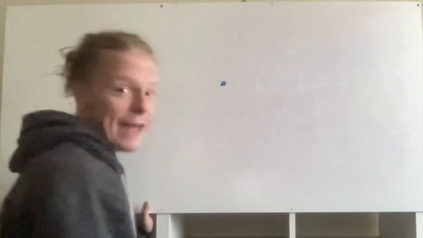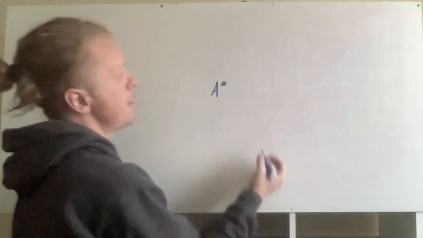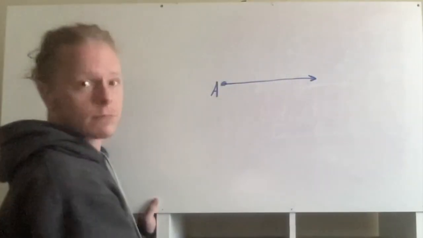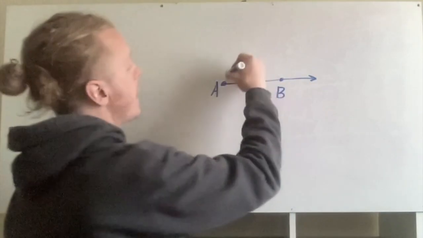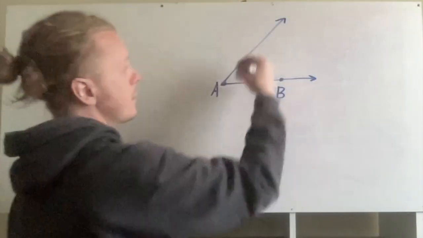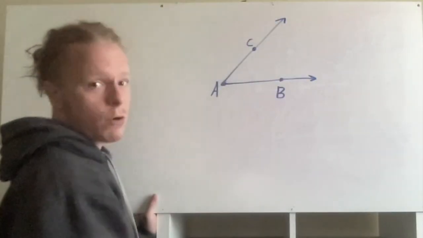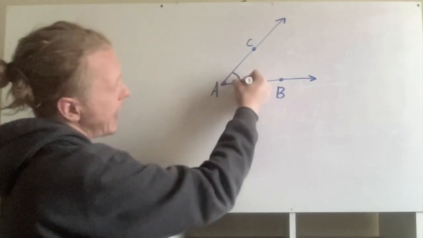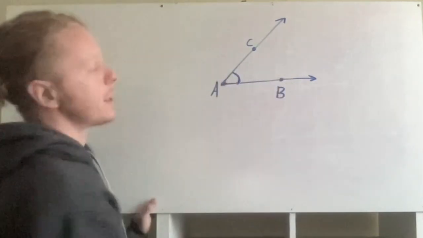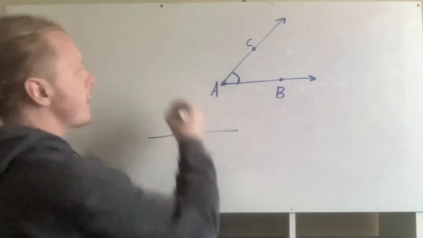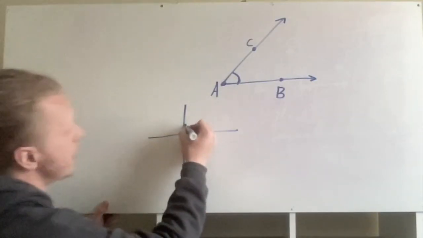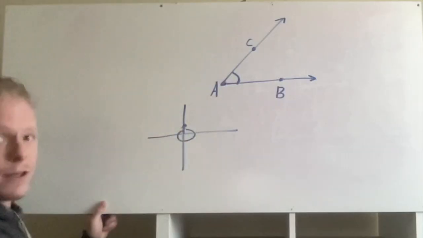Okay, so the next thing that we're going to talk about is angles. So if you imagine we have this point here, A, and let's draw a ray going out. And we'll put a point on that ray, let's call it B. And then let's draw another ray, like this, and let's put a point here, let's call it C. So what you'll notice is now we have an angle, and we can describe this using degrees. When we think about degrees, we think about a 360. If I do a 360, I'm facing you right now, 360 degrees, I turn all the way. So we can think about that here too. If I was facing this way, and then I turn all the way until I'm facing this way again, that's